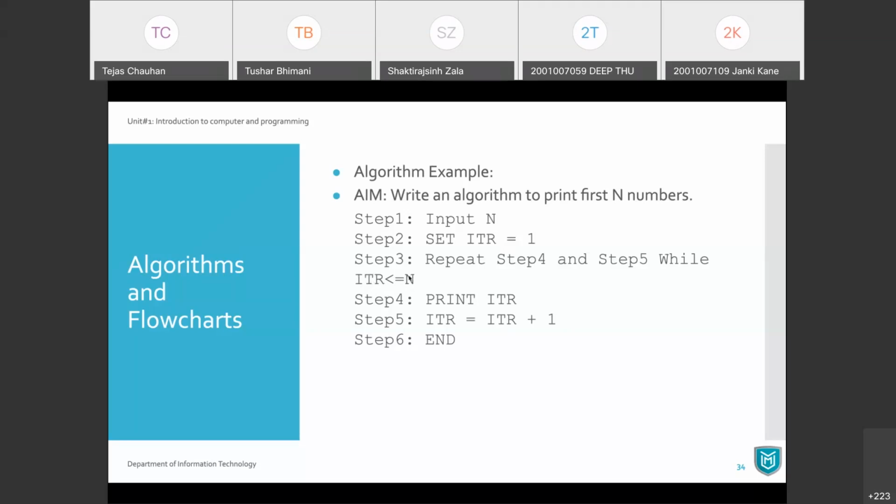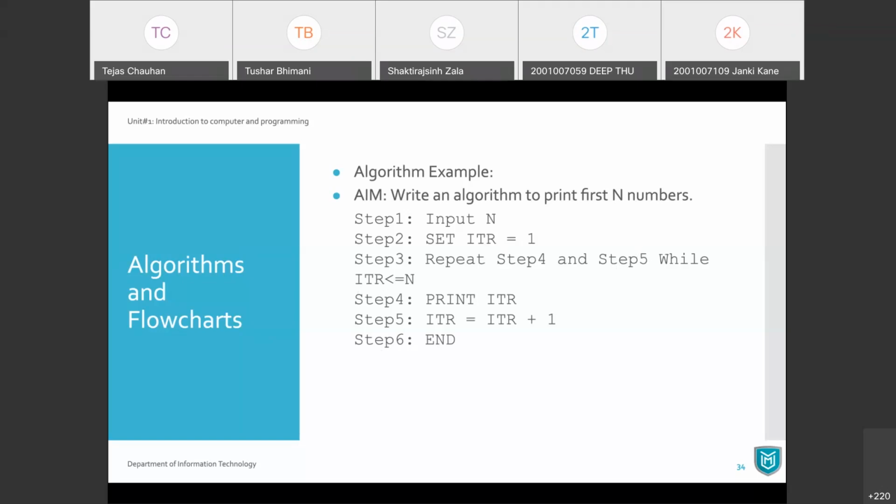Now if this condition is false, we are not going to repeat these steps. So it will directly jump to the next step after this one. We are repeating steps up to 5. So when this condition is false, it goes to step number 6. Well, 6 is end, so stop there. Now this was the last example we have seen earlier, right? This is how we can write our